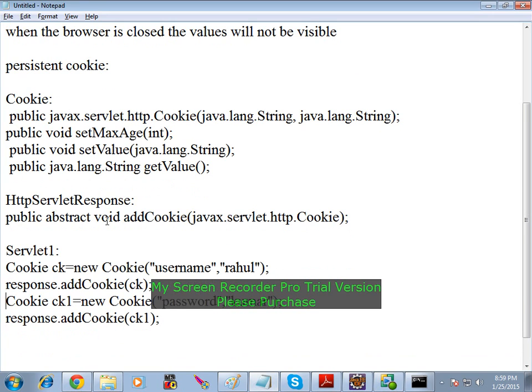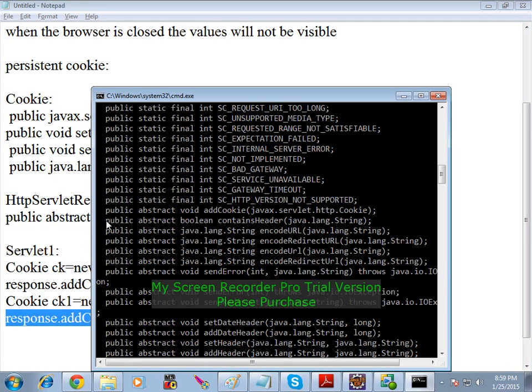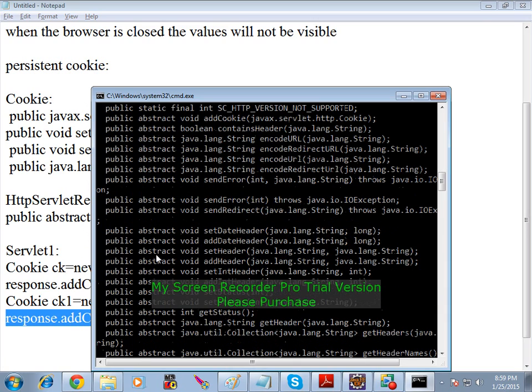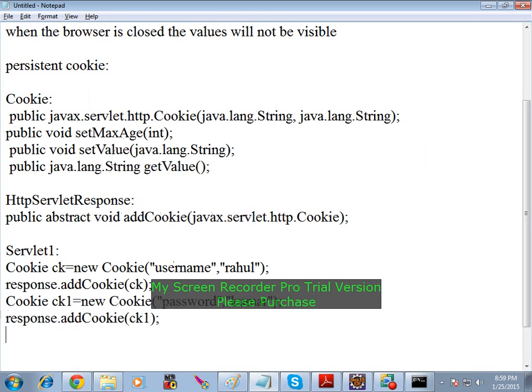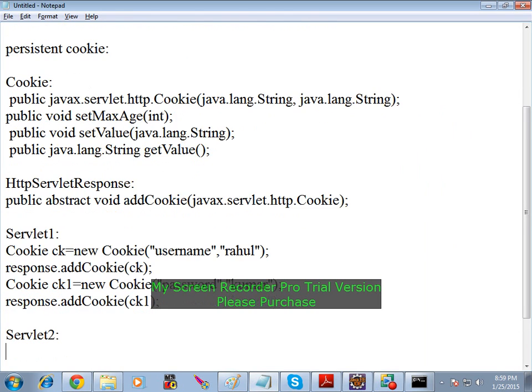Now, what I have done here in the response object, we are having the addCookie method. Right? So I added those objects. Now I want to get these things in another servlet, right? Second servlet. Say in servlet 2, I want to get those things and display them.